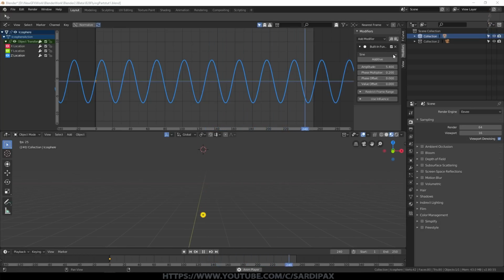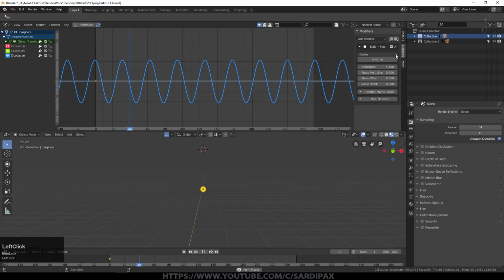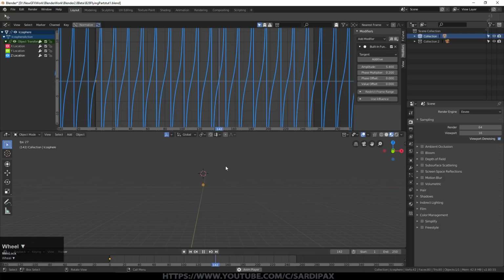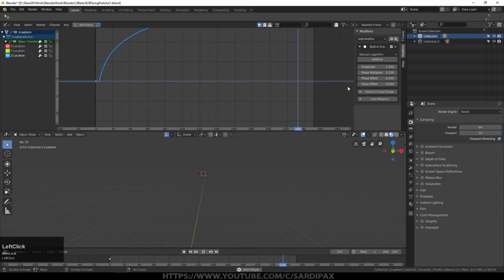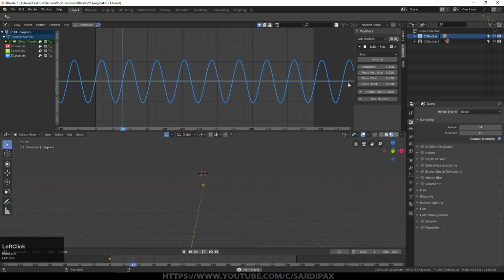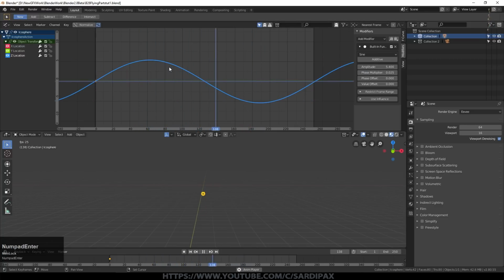You can use other waveforms. So you can click in here and you can try cosine, which is pretty much a sine wave again, tangent, which is a lot weirder, or any of these others. But you'll tend to find they're not as good as a sine wave. But even though it's a sine wave, we're not going to have completely repetitive movement like that, as you'll see in a moment. So let's put this down to 0.025 now. So that's much slower, as you can see.